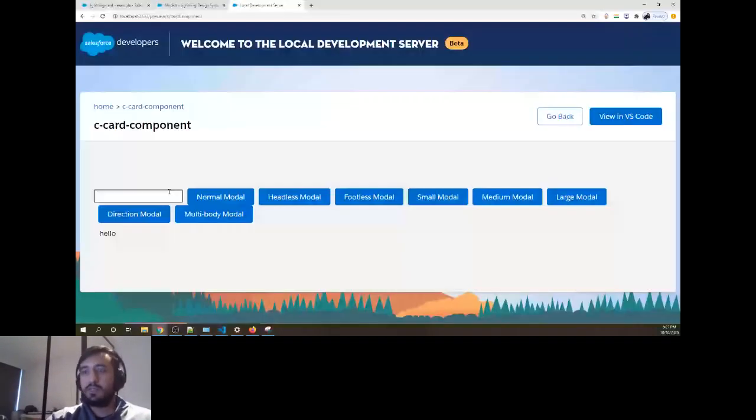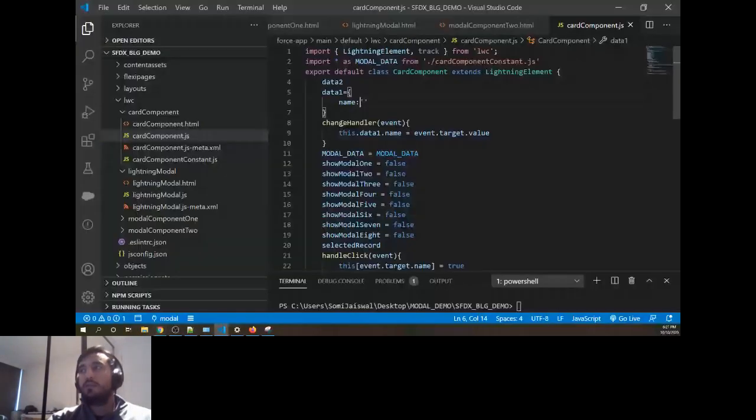Let's see, it's not updating anything. That's the difference actually. Whenever you want a property to be updated at a nested level, that time you need to use @track. If you have the property at the direct level, you don't need to use track. Answered your question by an example.